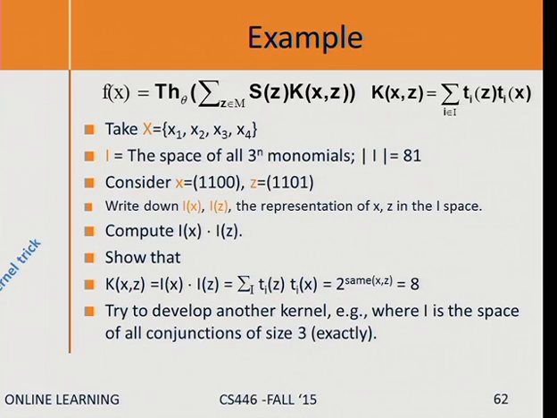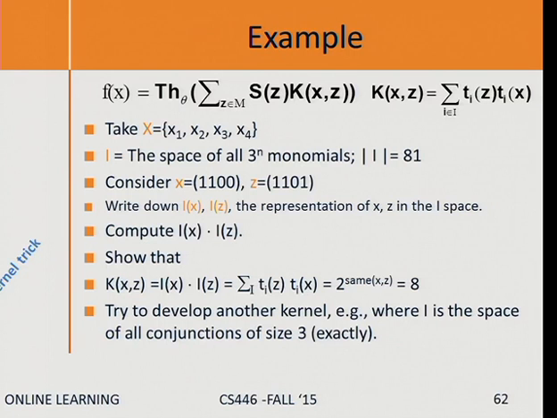And again, you can do it in 2 ways. One way is write down I of X. It's going to be a vector of size 81. I of Z is going to be a vector of size 81. Don't write it down. Just make sure that you know how to write it down. And specifically, imagine that you want to write eventually the dot product between these 2 vectors. So make sure you write down those components in the dot product that will match and contribute to the dot product. Those components in the vector that will contribute to the dot product.